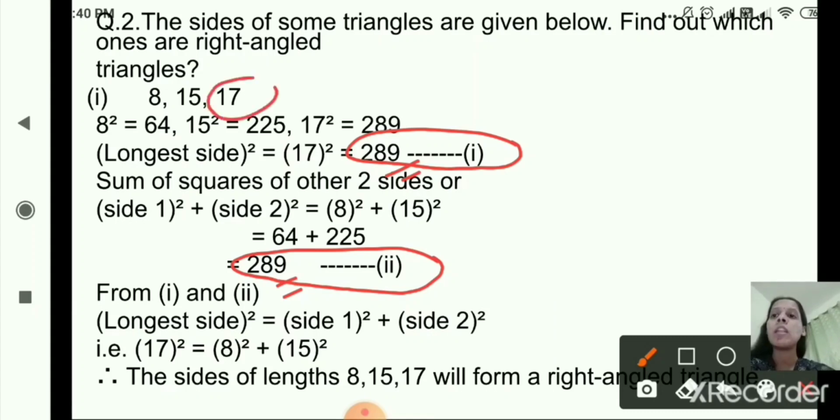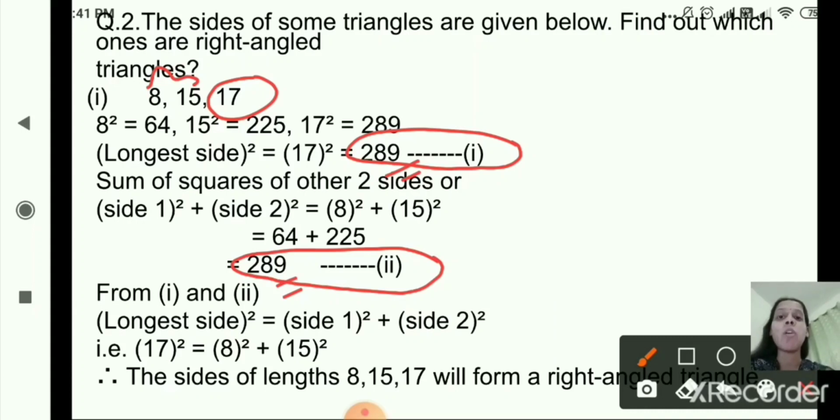See, this square is equal to the sum of the squares of these two sides, that is 8 square plus 15 square. Therefore, now see the final statement properly. Therefore, the sides of lengths 8, 15, 17 will form a right angle triangle. Now in the question it is asked, find out which ones are right angle triangles. So you will write down in the final statement, the sides of lengths 8, 15, 17 will form a right